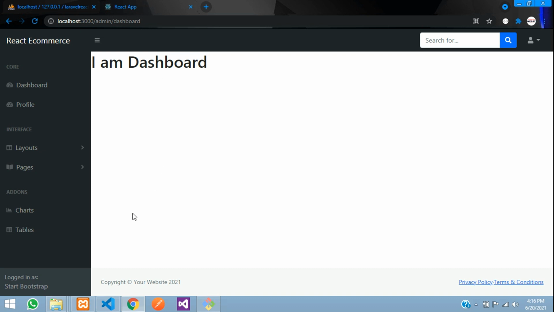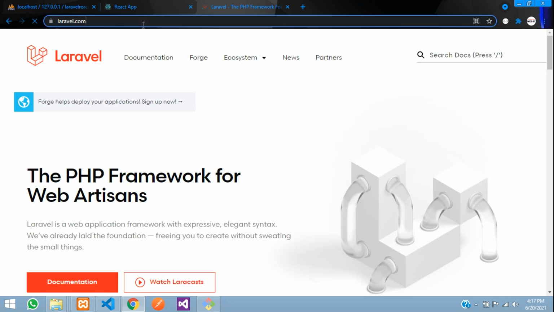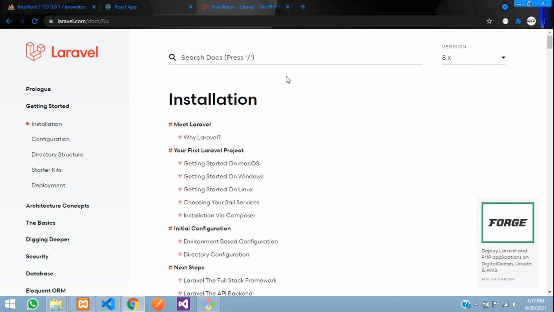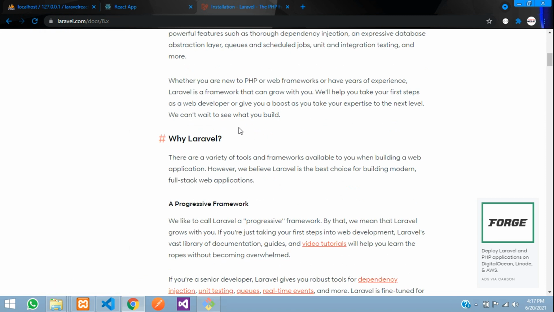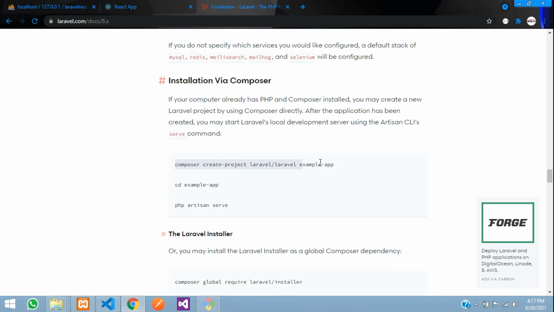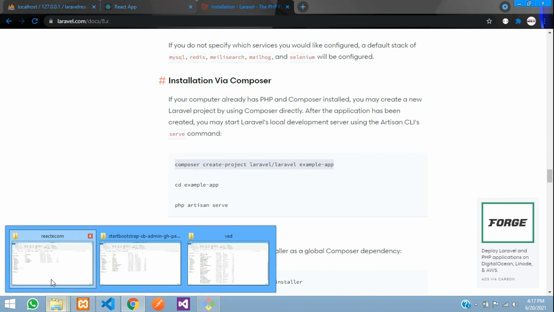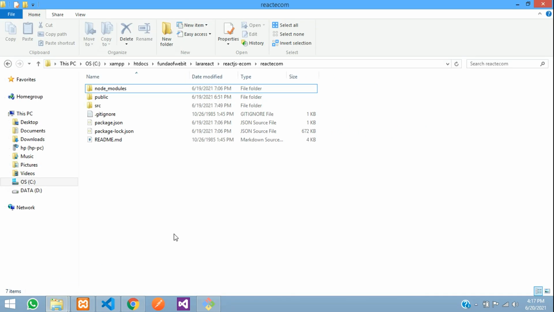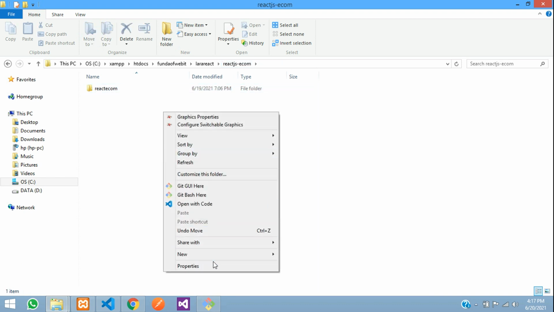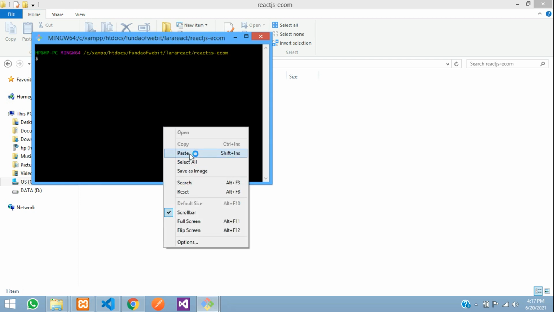First, let's move to Laravel and go to the documentation. We are on version 8, and we have to install this. Let's create a Laravel project via Composer. Installing via Composer, so let's copy this and get back to our folder. This is our React Ecom. Let's move. This is our React app, and inside this only open your git bash and paste the command